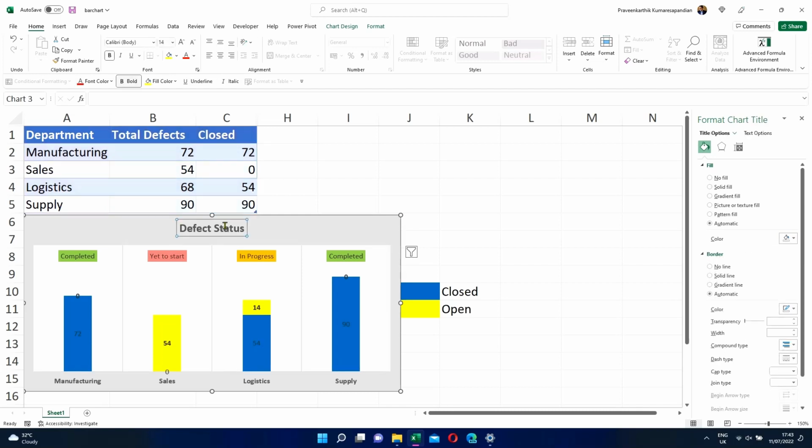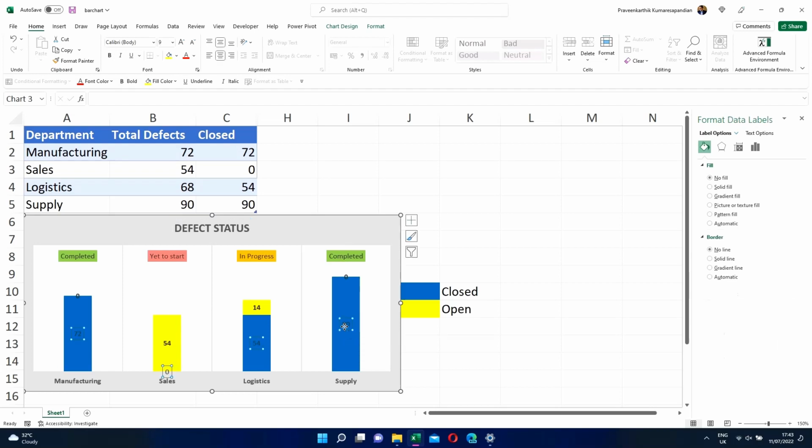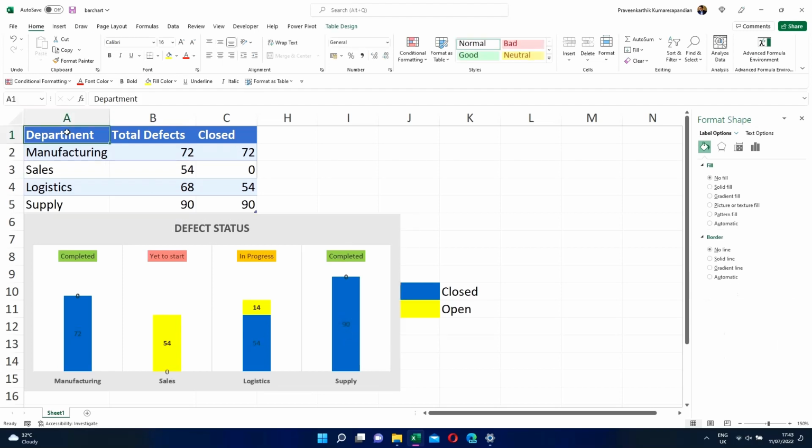So that gives a distinguished effect. So let me make them bold, caps. How does it look? I hope that looks much better than what you have normally,